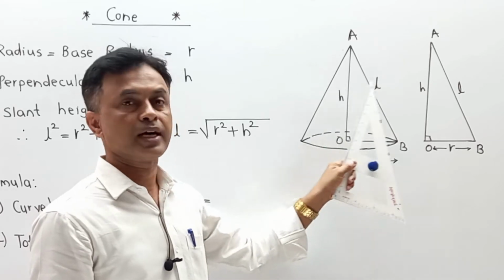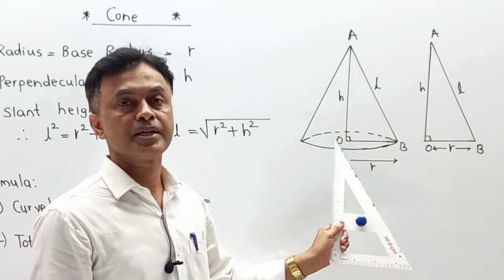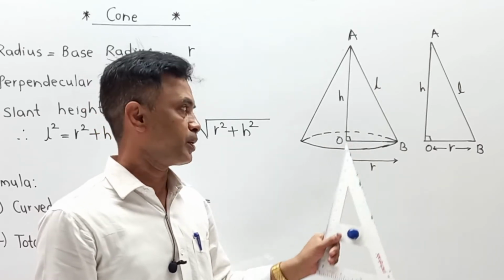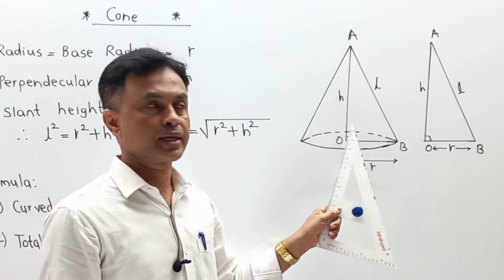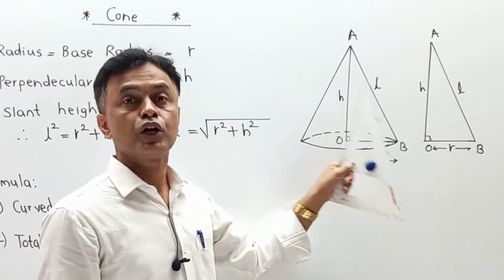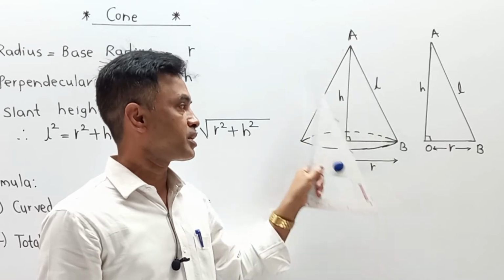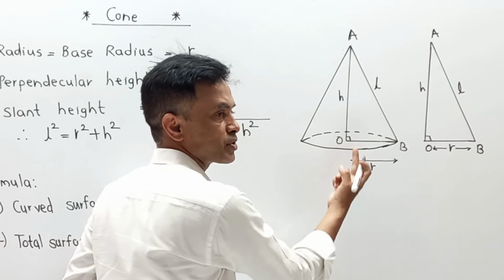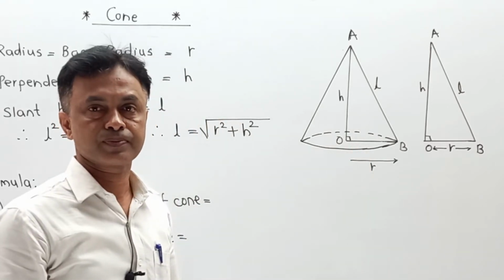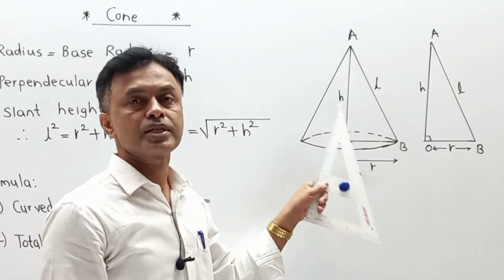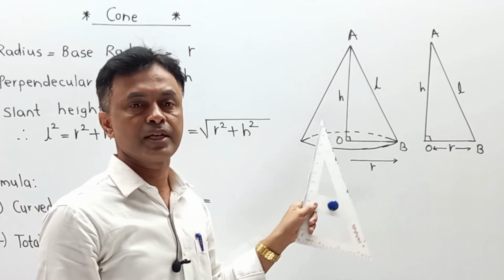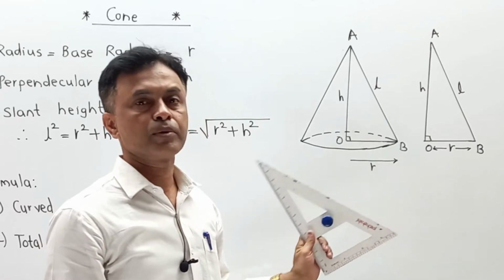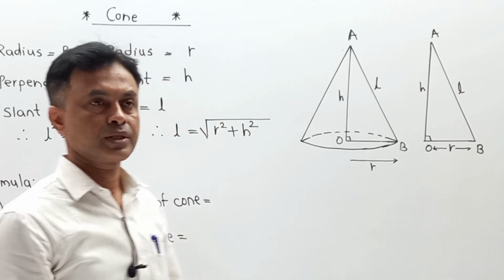In total surface area, curved surface area plus base circle area, and volume is nothing but the part that we are going to calculate over here. So there are three main concepts: curved surface area, total surface area means curved surface area plus area of base. Remember, area of base is nothing but a circle, so area is pi r square. And then total surface area means addition of curved surface area plus base surface. And third, volume. All three contents I am going to explain over here, so please pay attention.